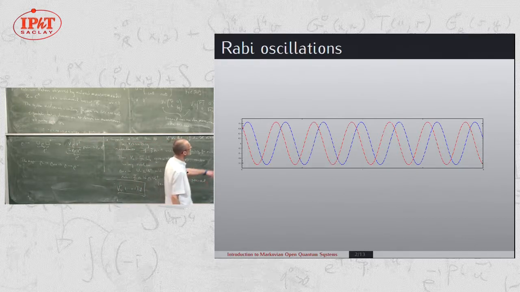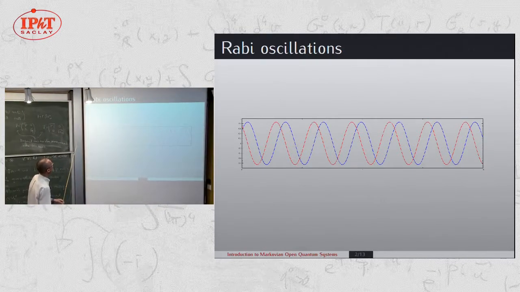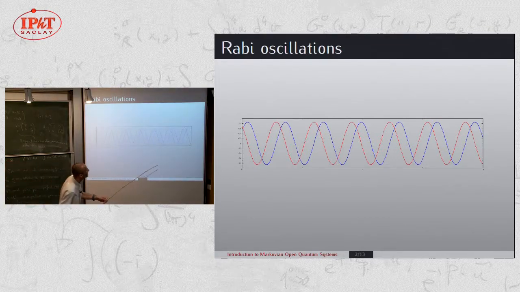So here is what happens if you only have the unitary evolution. I have chosen an arbitrary time step, because I don't even know if there is a number here. So the time step is not important. But I have chosen theta to be a small number, because if theta is small you can really see it's almost like a continuous time evolution. And these are Rabi oscillations.